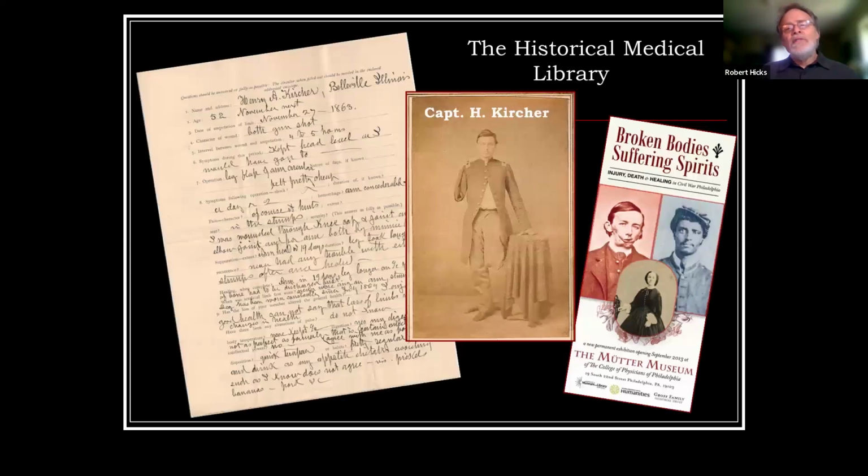So the connection through the physician is a survey. Now, I'll say a little bit more about Dr. Mitchell in a minute. It may not be a name familiar to you, but there is certainly one phenomenon associated with him and Civil War soldiers that you are going to recognize, but I'll get to that. But in the 1890s, Mitchell and his son, who grew up to be a doctor, decided to conduct a survey,